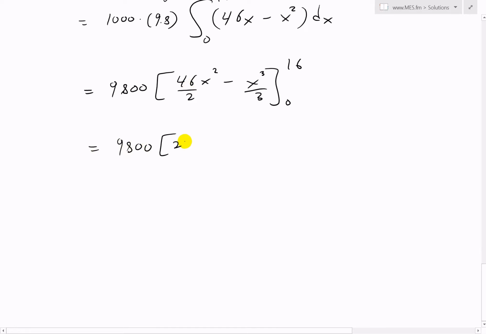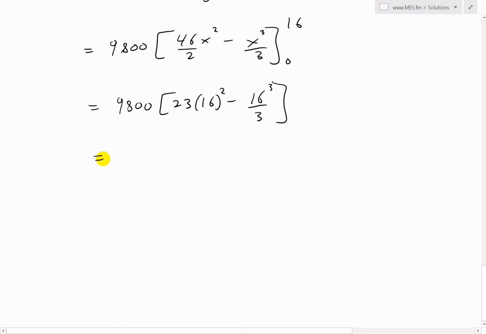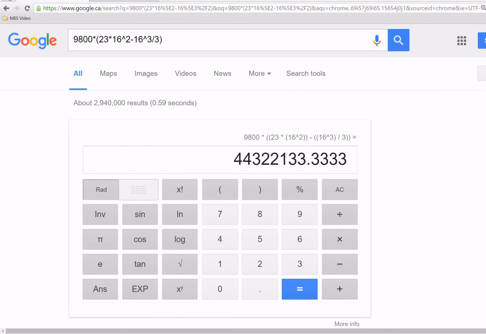9800, 23, plug in the 16 squared minus 16 cubed over 3, and when we plug in 0 into these x, that all cancels out to 0. So we just deal with this right here. This equals 2 when we plug into the calculator. I've put it into this Google calculator: 9800 times 23 times 16 squared minus 16 cubed divided by 3, and we get this number right here,